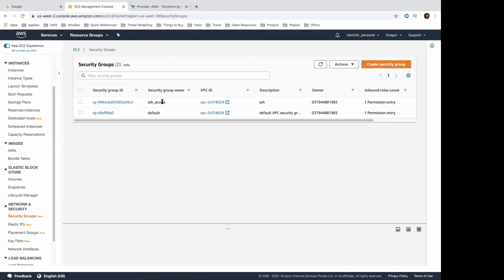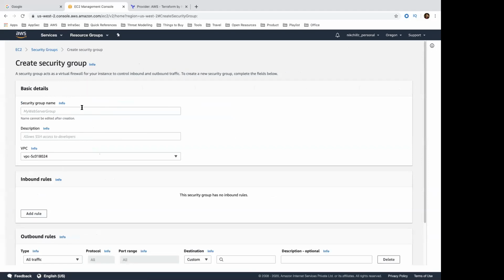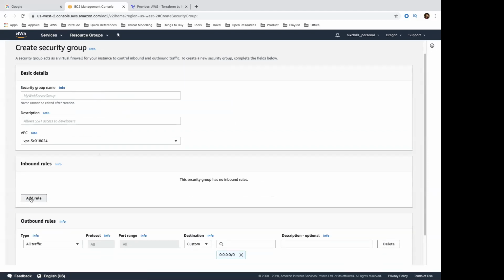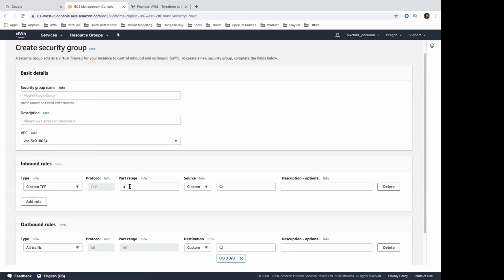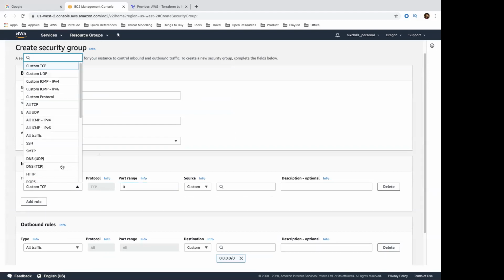Okay, which will open up port number 22, so that it becomes a lot easier for applications or for users to log in via SSH. Okay, you can create a new security group and add different inbound rules, so that you specify the different port ranges that you wanted to open and all of that.